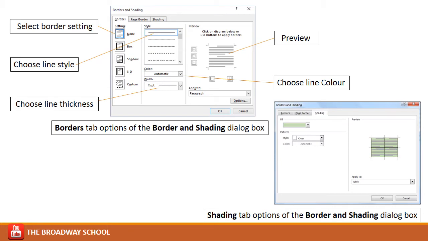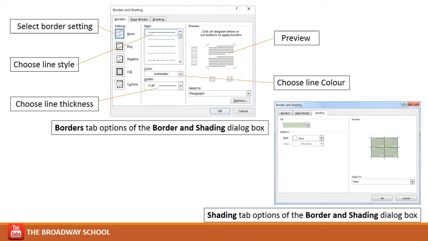Here you can see the Border and Shading dialog box in which the Borders tab is activated, and now you can select the different border settings from the Settings option. Choose a line style from the Style drop-down list. Select the desired line color from the Color drop-down list and select a line width from the Width drop-down list.